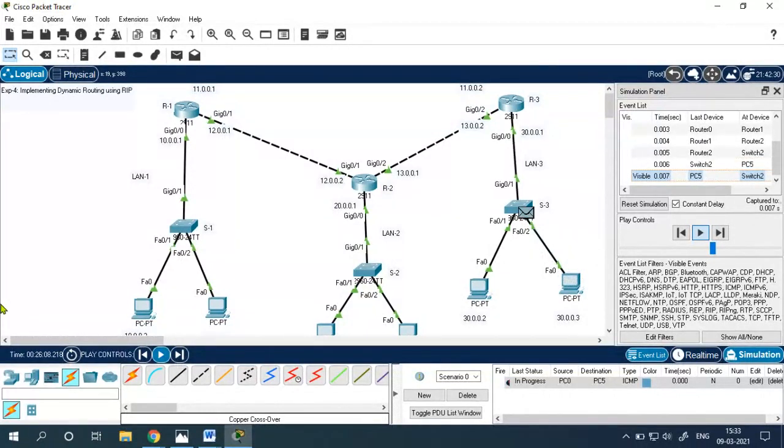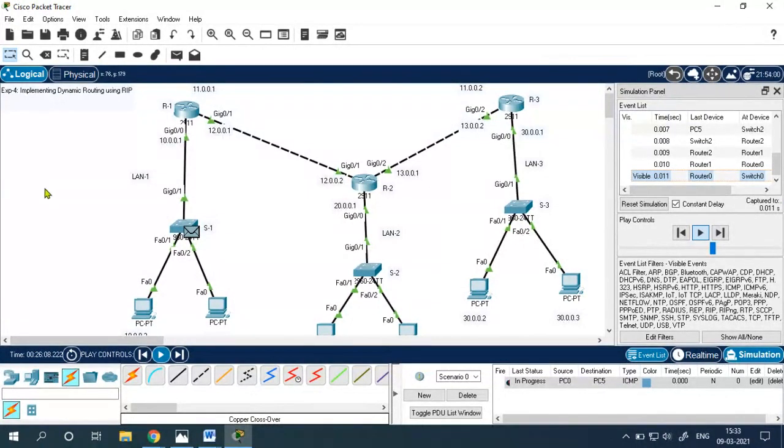So the packet is returning back, or the acknowledgement is coming back. It is on router 2, then on router 1, in LAN 1, and finally it is a successful communication.